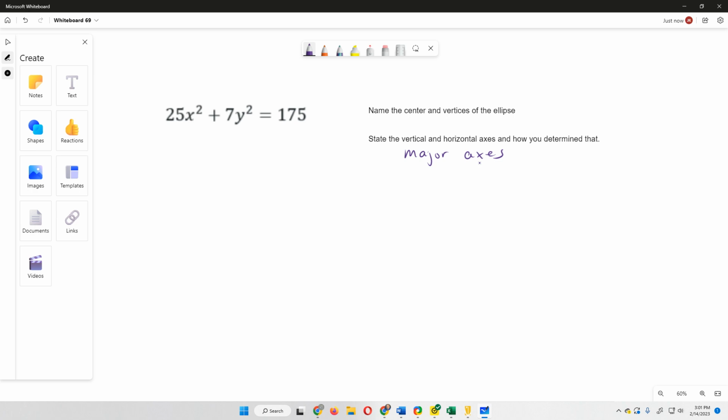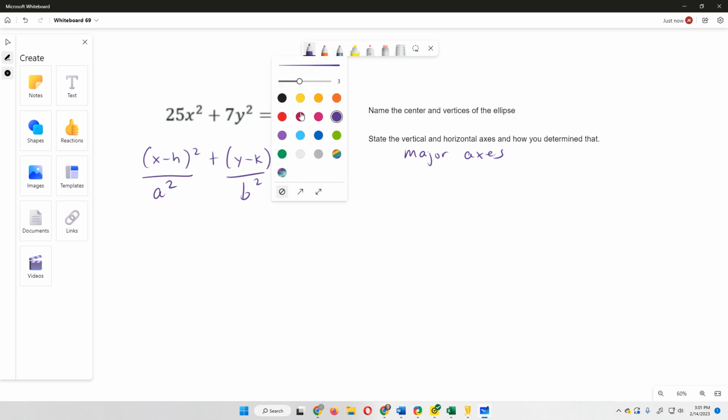Okay, so step one, we need to know what the standard form for an ellipse is. Standard form is (x minus h) squared plus (y minus k) squared, divided by a squared and b squared, which are constants, and then it's going to equal 1. So we have to convert what we're given into this form. The only way to do that is we're going to take what we're given,